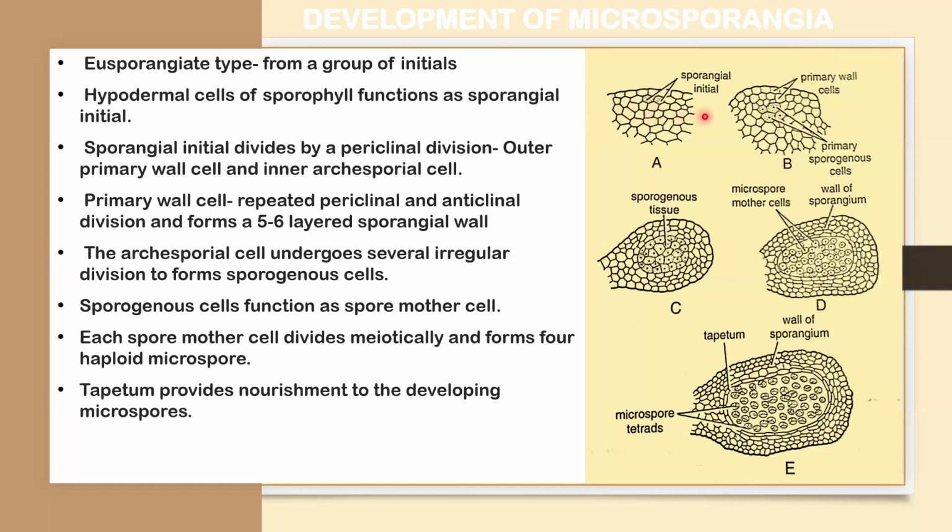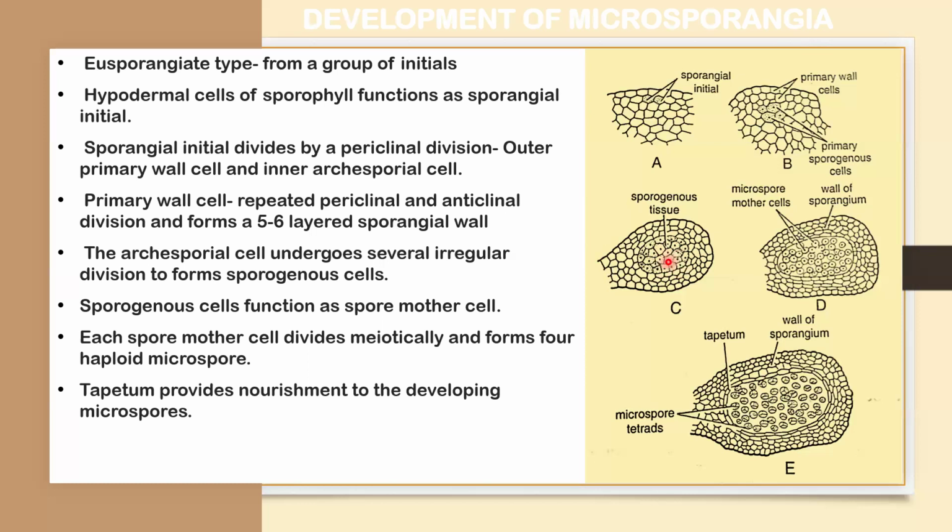This sporangial initial divides by a periclinal division and forms an outer primary wall cell and an inner archisporial cell. The outer primary wall cell undergoes repeated periclinal and anticlinal divisions to form a 5 to 6 layered sporangial wall. The outermost layer of the sporangial wall forms the exothecium. The cells of this layer have thickenings, and the archisporial cell, the inner one, undergoes several irregular divisions to form